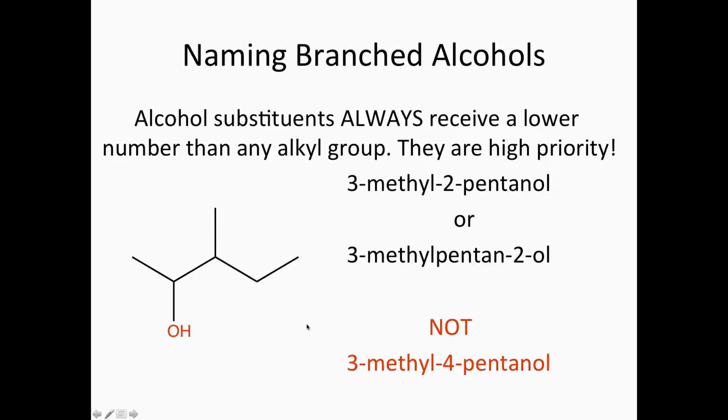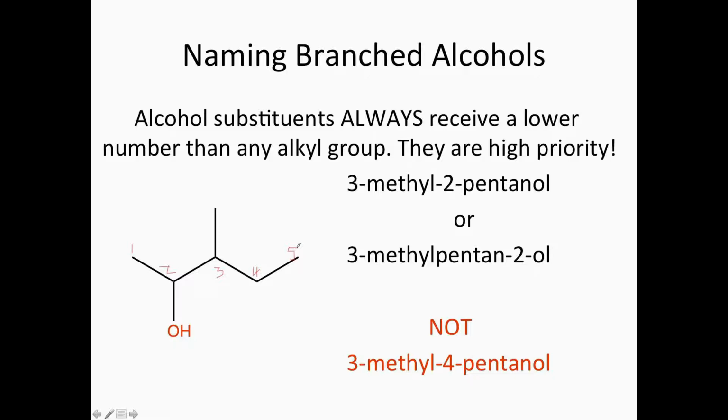So in this case, if we identify the longest chain here, starting with 1, 2, 3, 4, 5 carbons, we know it's a pentanol. And to number this, we always number from the end of the chain closest to the alcohol. So we number from the left. 1, 2, 3, 4, 5. For this structure, we can't number it from the right side because the right side is furthest away